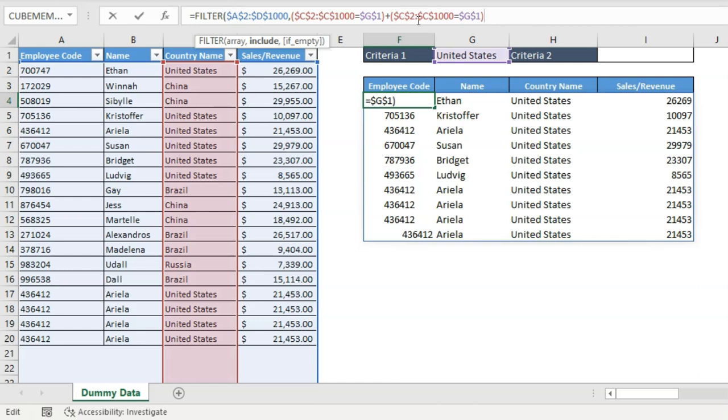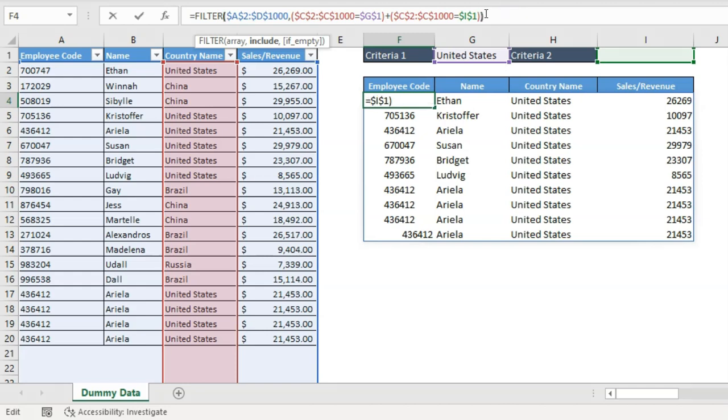And once I put it here, I want to link this criteria to the other cell. So here I want to use this I1. Let me fix this also. So if I put any second criteria in I1, that will also get considered. So if I'm using plus sign, it means that either of the condition should be met. If that's the case, then it will be pulling the values.